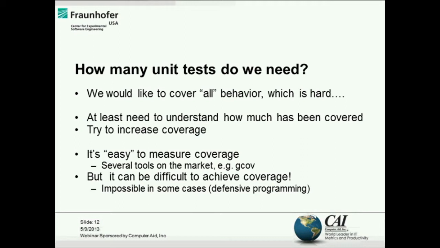Because of defensive programming. What is that? Well, say you have a case switch statement, and you only have 3 options, but anyways you add a default option, and you know that there's never going to be any options except for those 3, so you're never going to get into the default option. So it's impossible to get into and test that code, to get that code to execute. And there are many other cases too that are very difficult